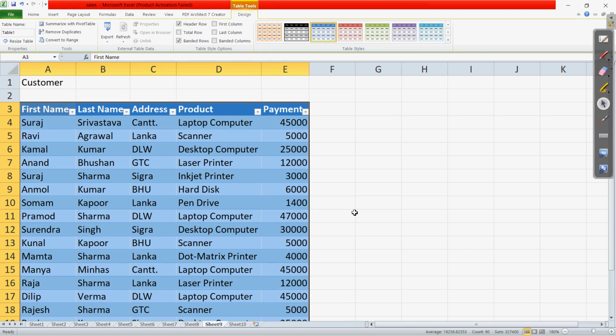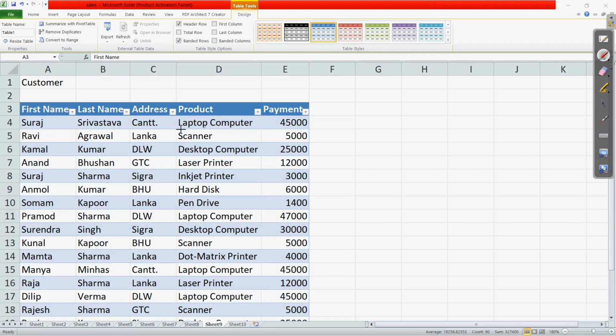Here you can see when I have clicked on OK, at the top in the headers we have these arrow buttons. I hope this is visible to you. These arrow buttons are the filter buttons that Excel automatically adds for allowing us to use some filters. We will see how to use them. Let us erase this and come to the textbook.